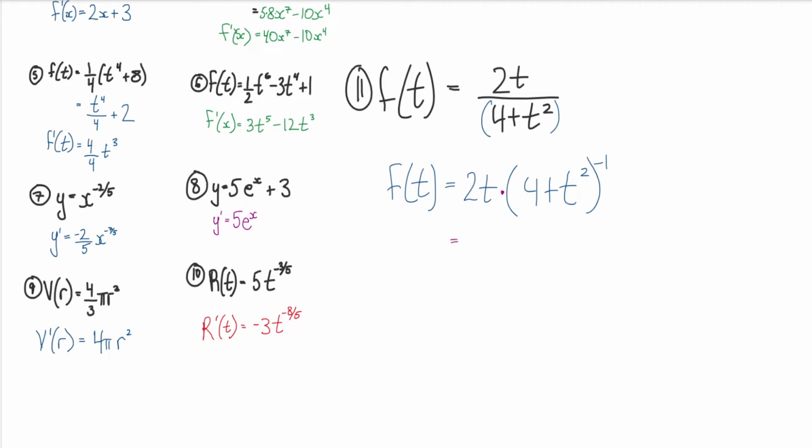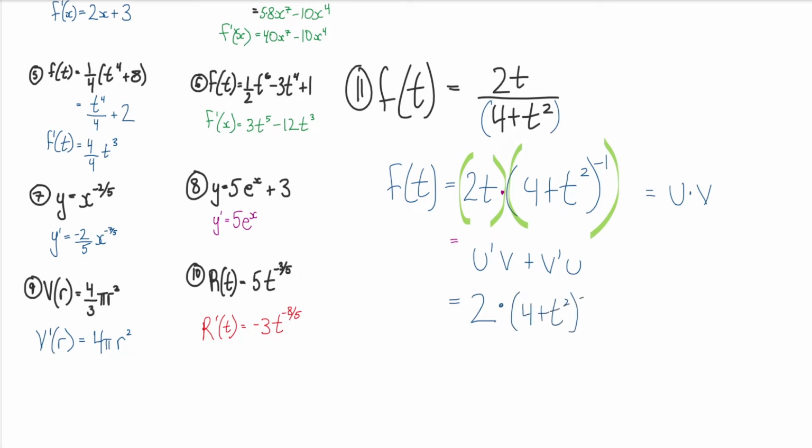So what that means is this here is our first thing. This here is our second thing, right? So the derivative of the first thing, remember, it's u prime v plus v prime u, if this is u times v. So u prime, what is u prime? It's just 2